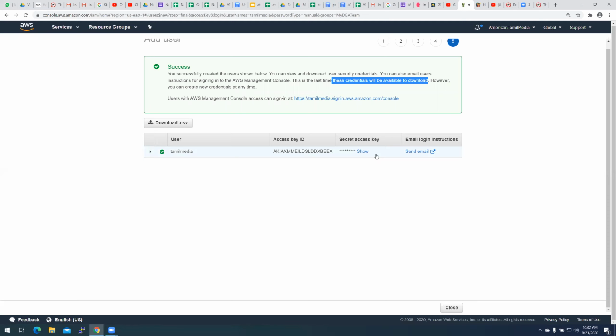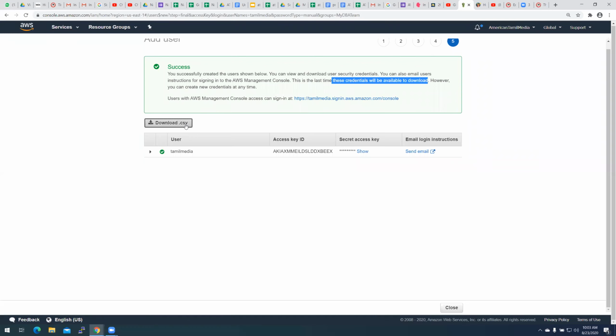Okay, so this is randomly generated. It is not stored anywhere else. AWS does not store this anywhere else. Only the person who created this will have this access only one time. However, you can create new credentials at a later time. That also will be transient. Only once it will be shown, and you can download it.